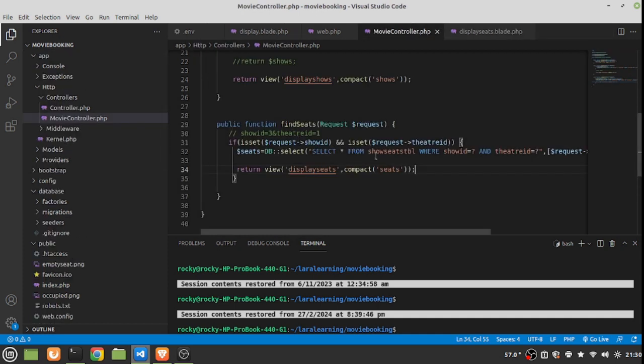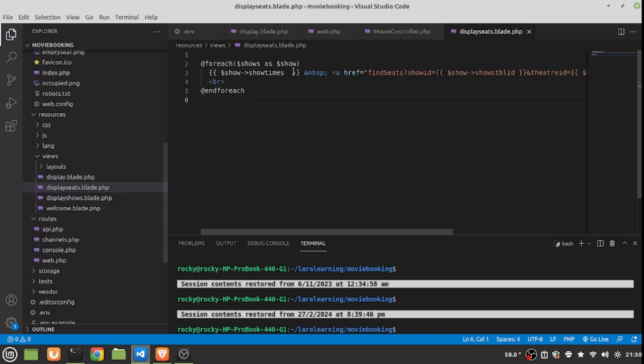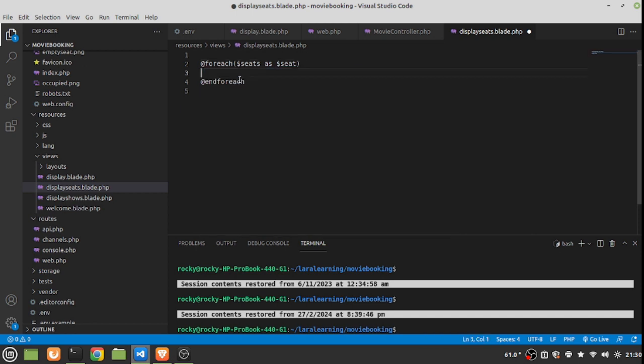So here what we are transferring is seats. Let's just change the variables over here. So shows becomes seats and show becomes seat, so seats as seat. The for loop is completed for now. But for this one we need to have a counter variable. Why am I going to use a counter variable? Because